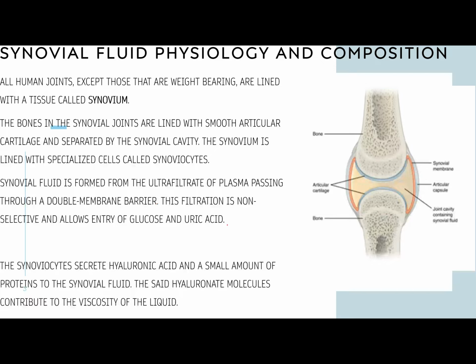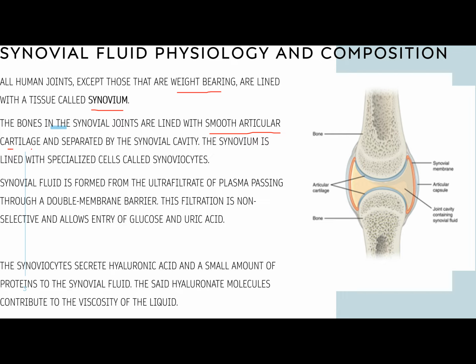Now, let's talk about their physiology and composition class. So, all human joints class, except those that are weight bearing, are lined with a tissue called synovium. Take note class yung mga joints natin, except those that are weight bearing, are lined with a tissue called synovium. Now, itong synovium na to class, the bones in the synovial joints are lined with smooth